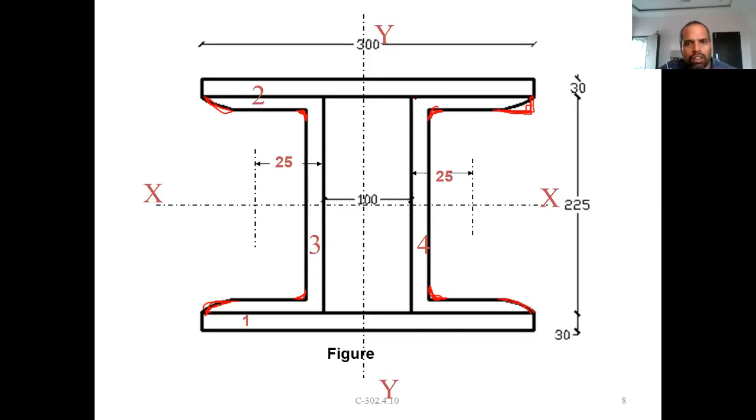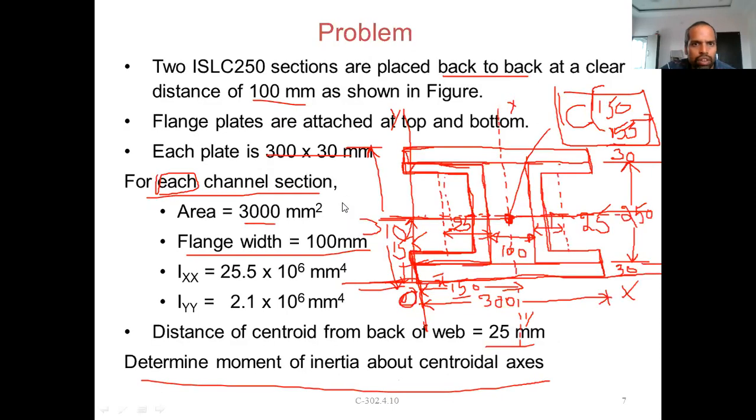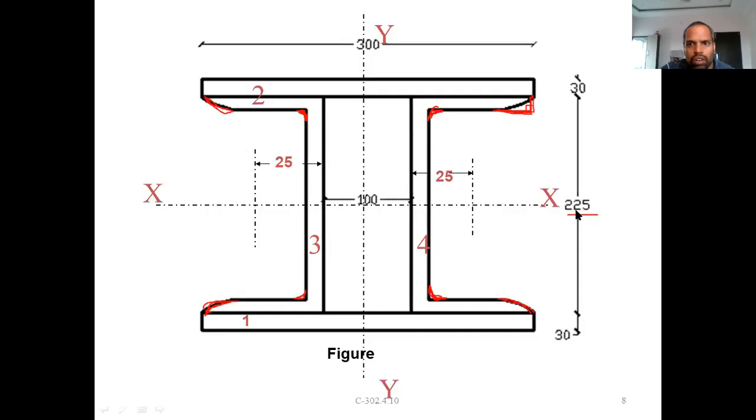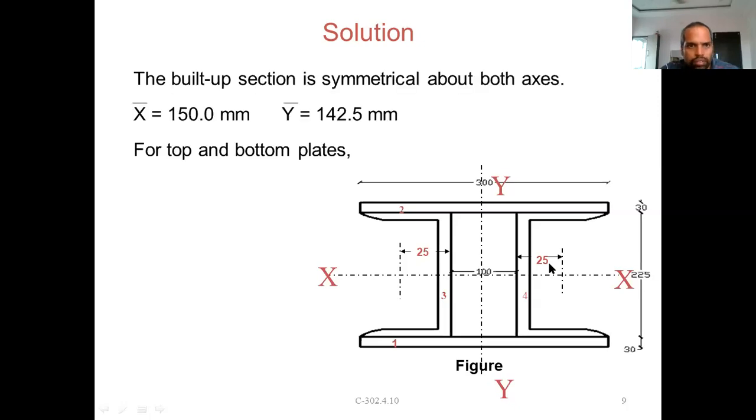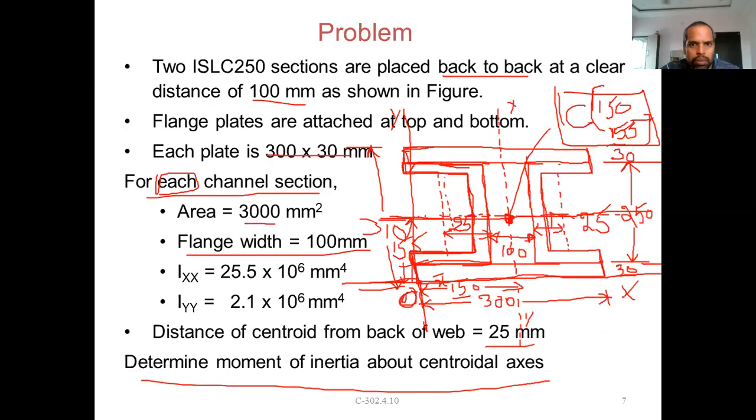Like this it is your, of course this is your 225. Why is it 225? It is 250. It is given in the problem, it is 250. Now you are showing 225 here. So somewhere something is wrong. Let us see afterwards. Is it 250 or 225? Okay, this is 225 only. But the problem has given 250, and it is showing 225. Yeah, it is 225 only.